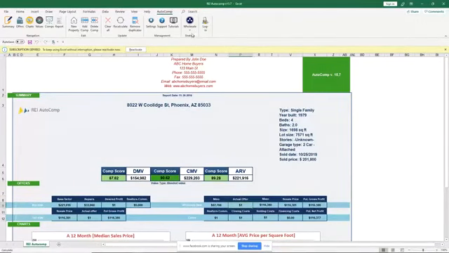Speaking about strategies, they're right up here at the top of the sheet. So as soon as you know what the ARV is, in this case, this house, 221 potentially, I will run a fix and flip analysis, and my actual offer will be 116,000. And it'll show us, I'll put here, I'll sell it for 221,000, which is the ARV, and it'll show me my gross profit of